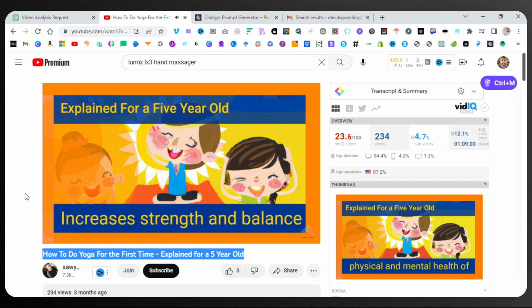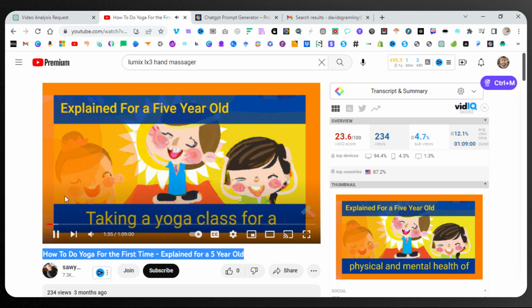Assistance or help increases strength and balance. Taking a yoga class for a 5-year-old is an excellent way to build endurance and coordination and to gain knowledge about your body. This gentle exercise method is perfect for kids as it doesn't only build the strength of their